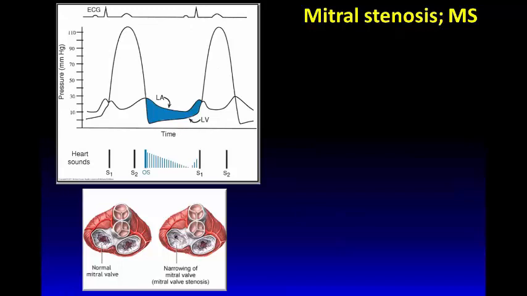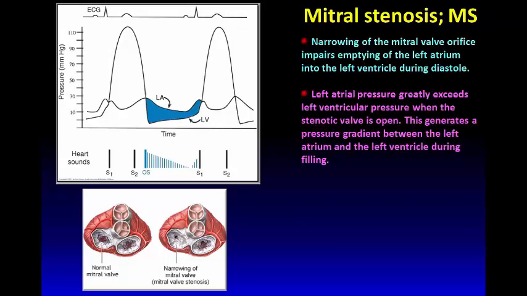We shall now be describing the murmur of mitral stenosis. When there is narrowing of the mitral valve orifice, this is a normal mitral valve and this is a narrowed mitral valve orifice. The narrowed mitral valve orifice results in impairment of the emptying of the left atrium into the left ventricle during